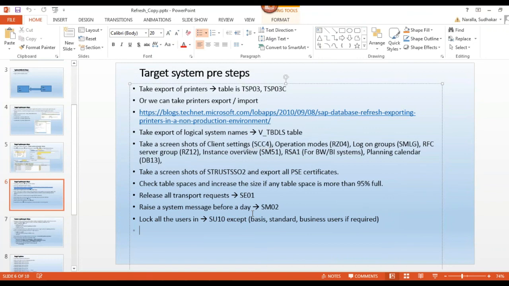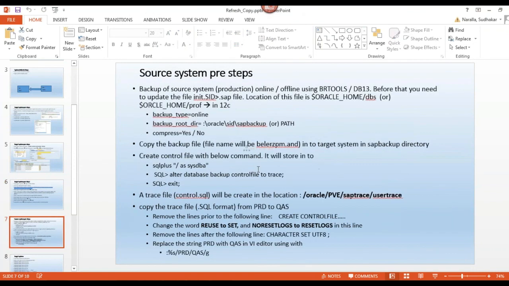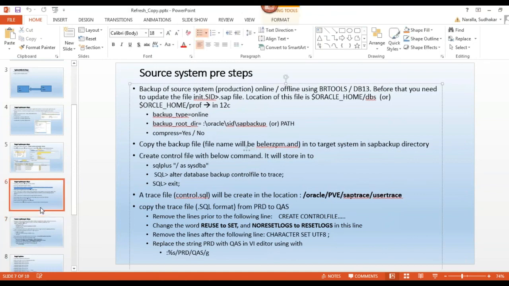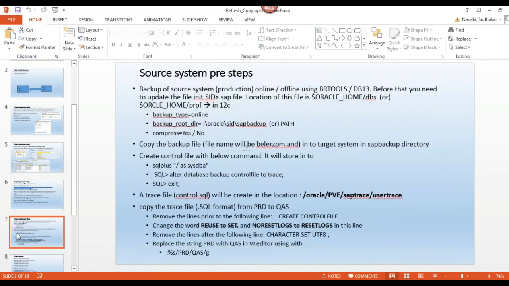It's double work, right? So that's why, as a precaution, you need to lock except these users.